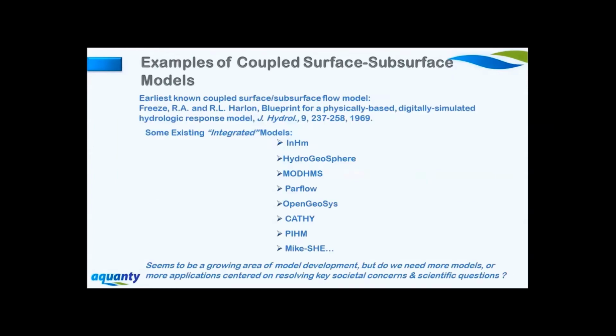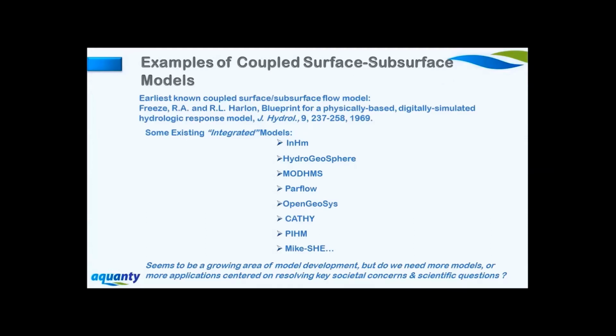Now, as some of you may be aware, there was a classic paper published by Al Freeze and a PhD student of his at the time, in which he laid out the blueprint for a physically based hydrologic response model. It was published in 1969. And over the past decade or two, a number of integrated models have emerged. I've listed some of them here. Many of them have common features in that they take a fully integrated approach, as we do with HydroGeoSphere, in which the relevant surface and subsurface partial differential equations are solved